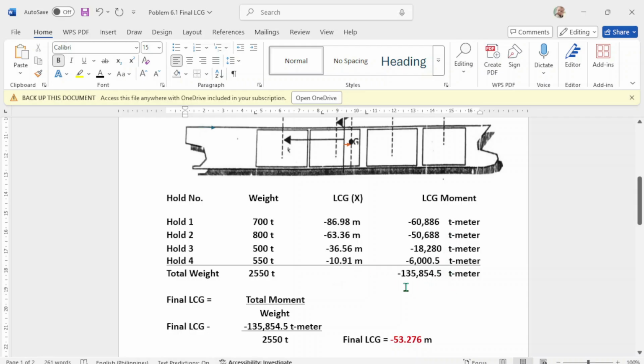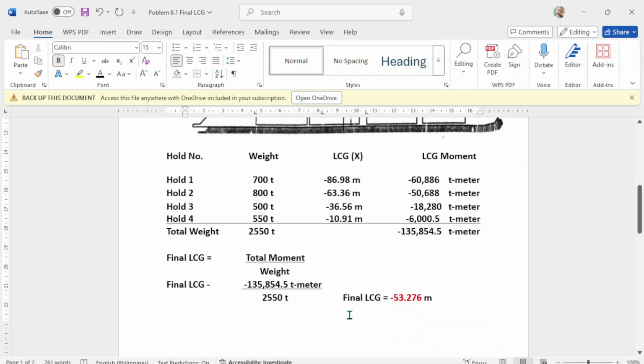Total moment will be negative 135,854.5, and your total cargo to be loaded is 2,550.